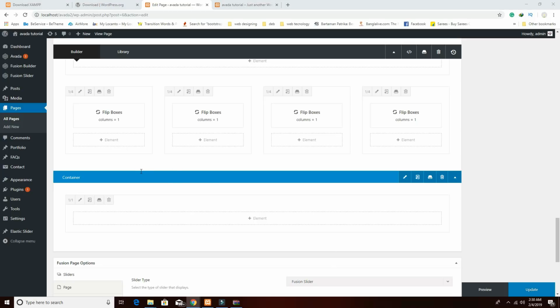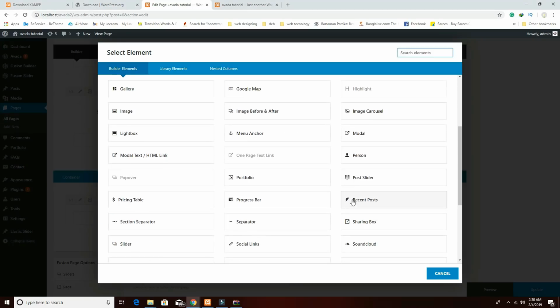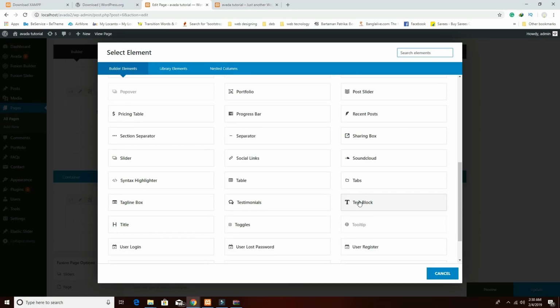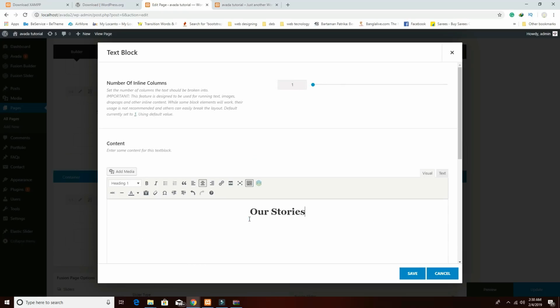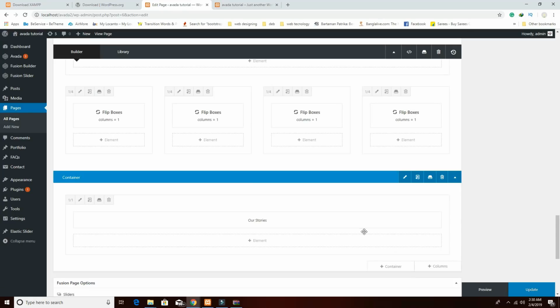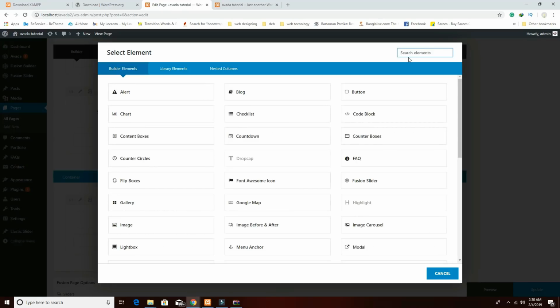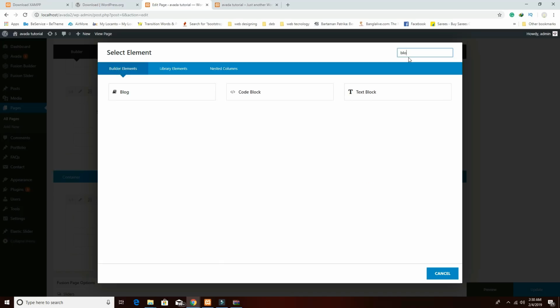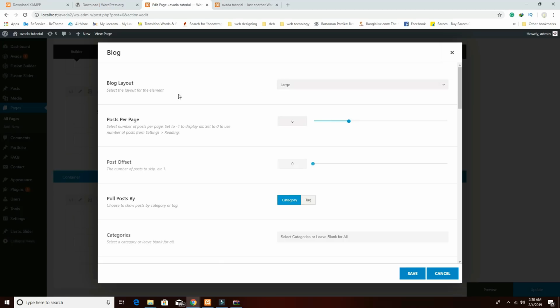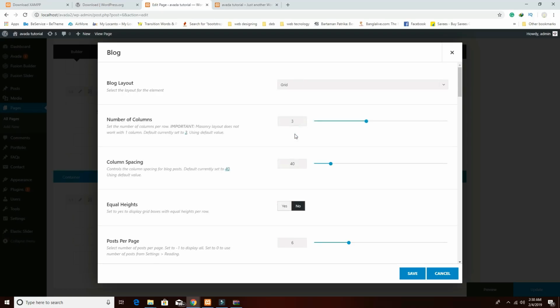and need a text box here and write that our stories. After that I have to add that blog. And here I need that grid layout and I need 3 should be displayed here,